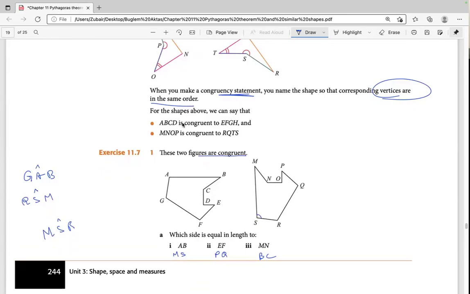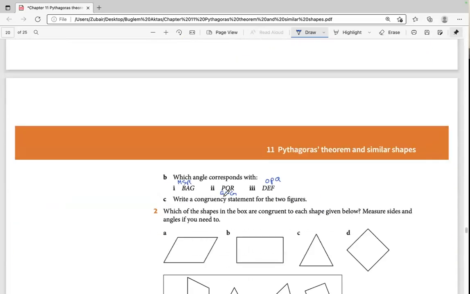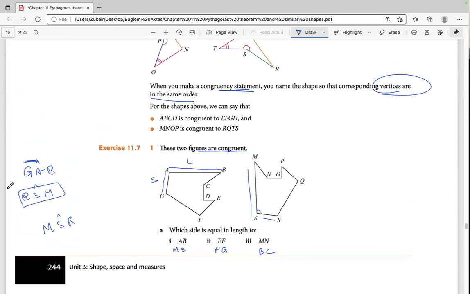Why so? When we talked about GA and then B, look at this. GA is the smaller side, B the longer side. So smaller to longer. And when you said RSM, you said smaller to longer. You kept the correct order. I was waiting to see if you would make any mistake, but all of these were correct. So just to discuss this, I brought this up. MSR, they have to be in order. You start with the smallest and you end at the longest, or anywhere around, but they have to be the